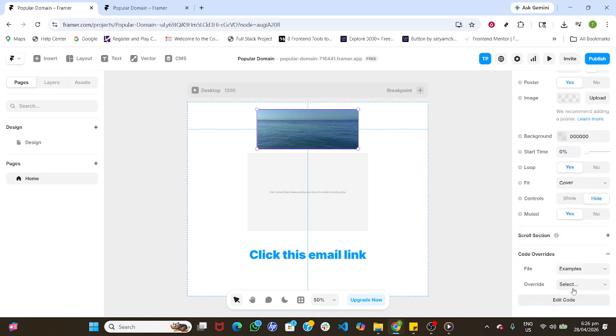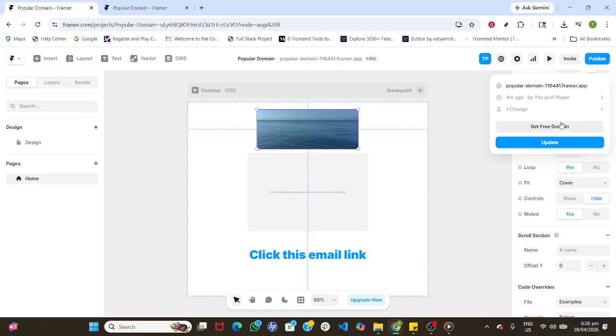If you're using interactions like scroll-driven effects, you can connect these via scroll sections or manage behavior in code overrides for custom logic. When you're happy with placement and settings, preview your page. Finally, click Publish, then update to push the changes live. Your Framer site now